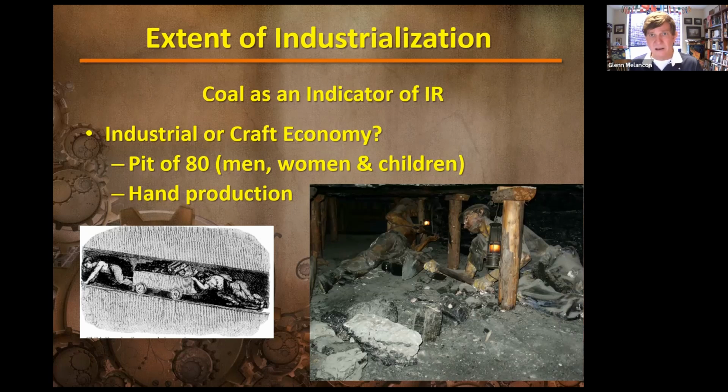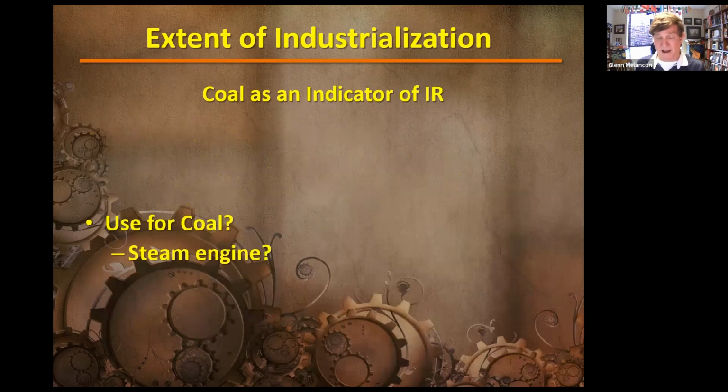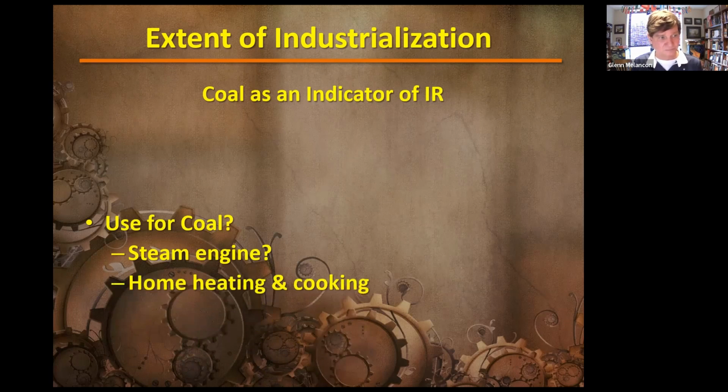There's no industrialization part of coal. So just because you can measure the increase of coal production, this doesn't mean industrial production, because we have to look at what the uses for coal were. Obviously you would use coal for a steam engine, but steam engines aren't available in the 18th century. They only become available in the 19th century, with widespread use in the late 19th century.